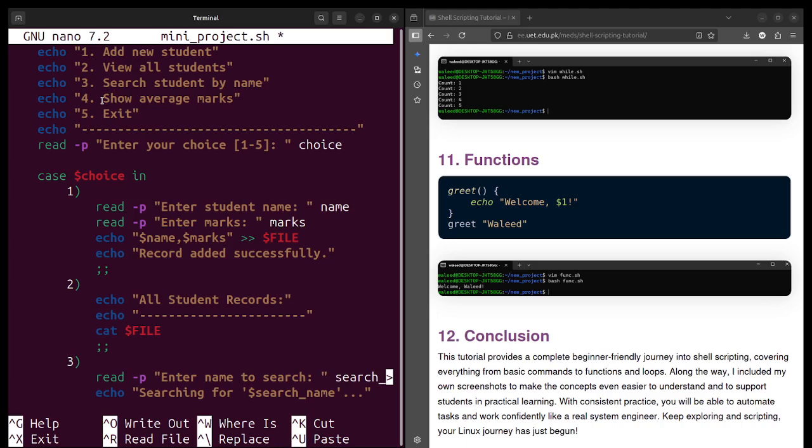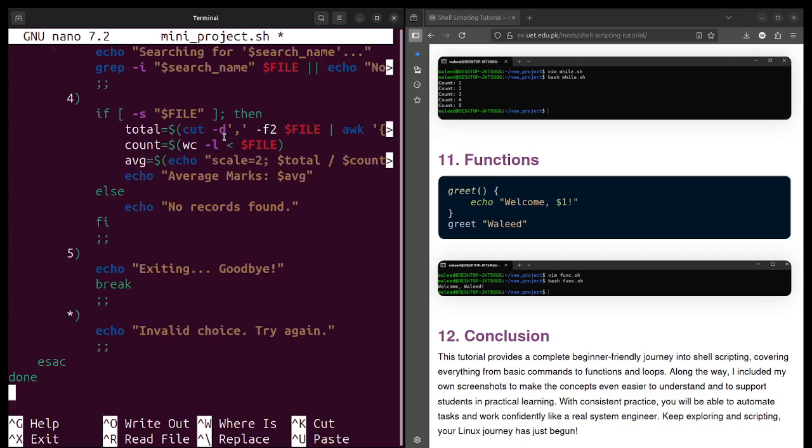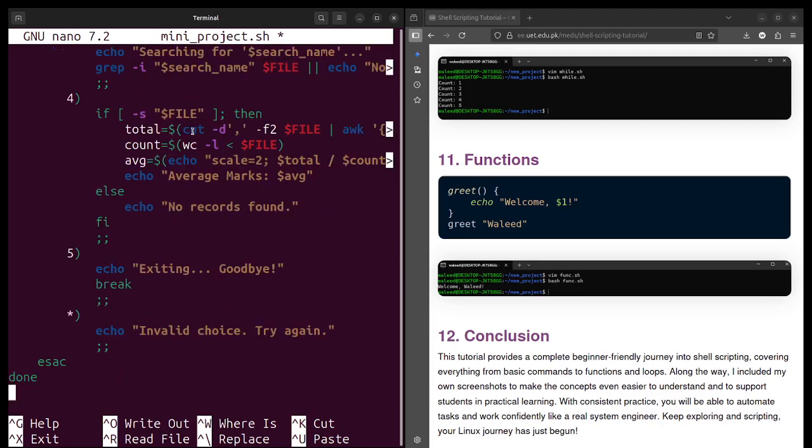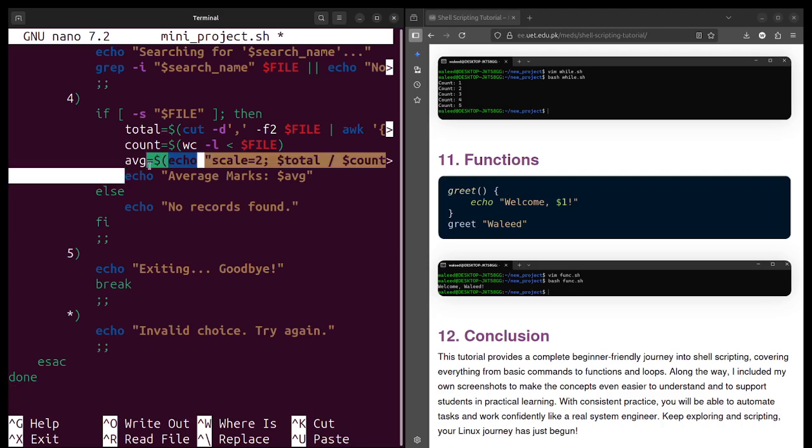Now the fourth one is if he wants to see the average marks. Basically, average marks is of the whole class. For example, if there are 50 students in a class, it will average the marks of all the 50 students and show it to the user. For it we have used round variable and average.